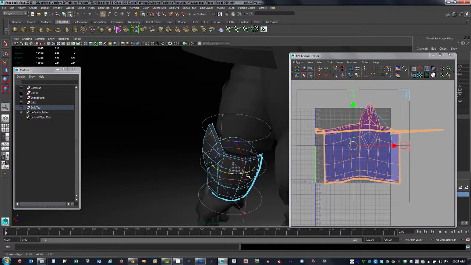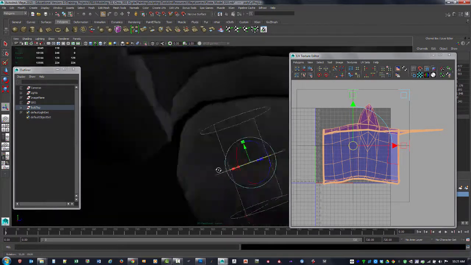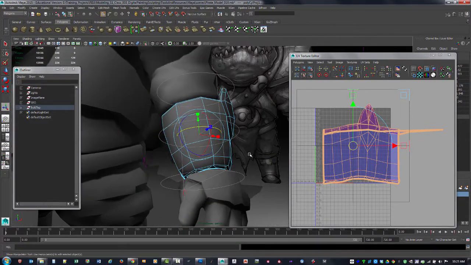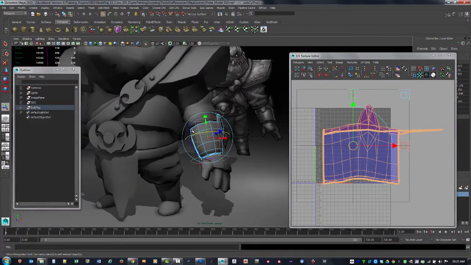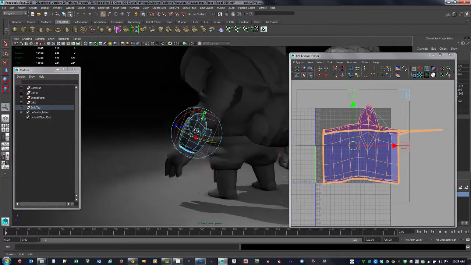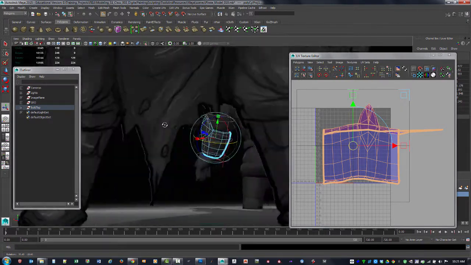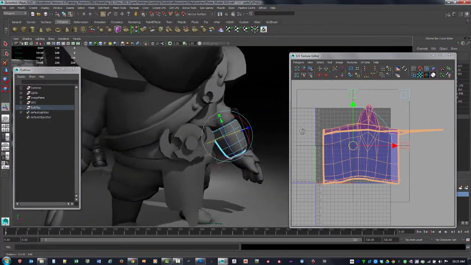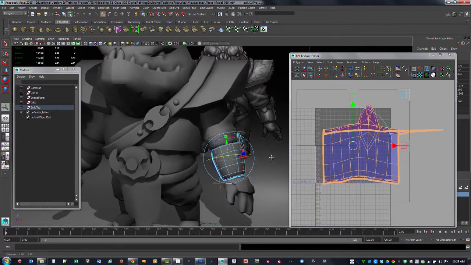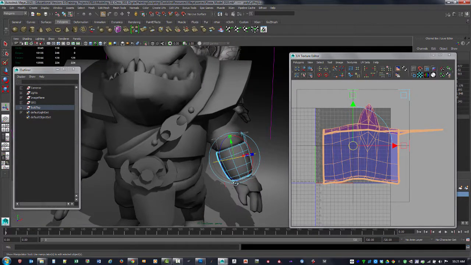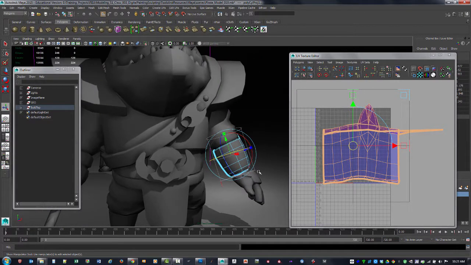Another area that I could push it to is maybe right here, and that's probably the better spot just because from this angle it's hard to see that split. From here you don't see it. Even from here there's only a few places where you actually see that split. So it's to your advantage as an artist to make sure that that split is somewhere where it's not going